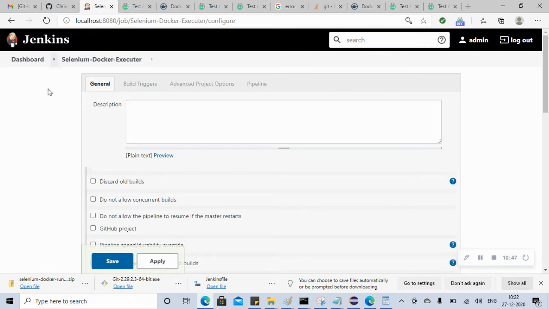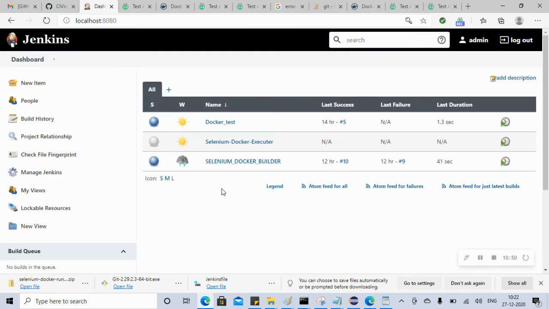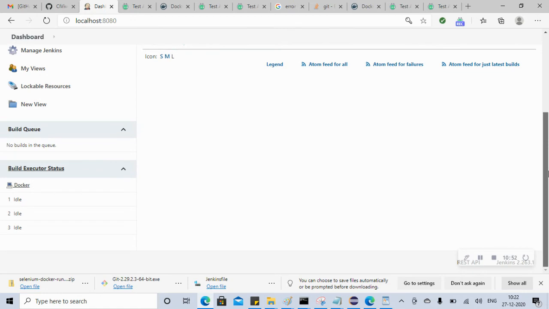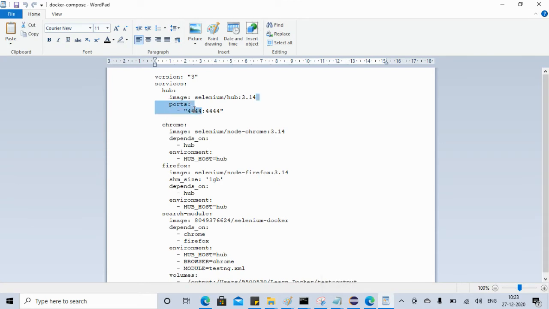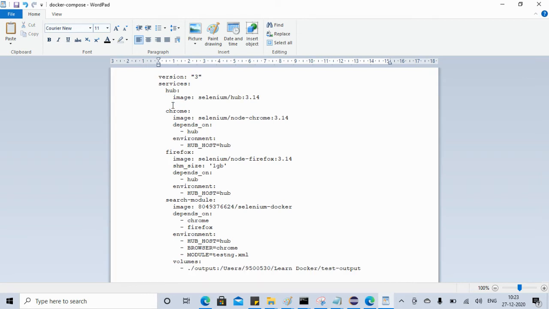If you see here in Jenkins, and if you go to the dashboard, we have these three nodes we have created for Docker, right? When you run here, the port mapping is 4444, and then the other test case also uses 4444 in node 2. So it may not work. So we don't actually need the port mapping, so we can remove it from here. Let's remove this port mapping, because when we are doing it in Jenkins, we don't need it. Okay, so this is the first thing.